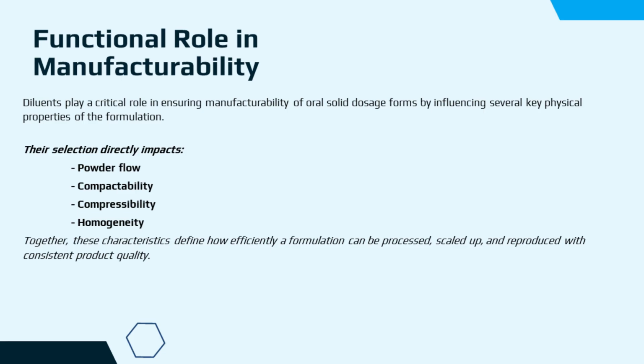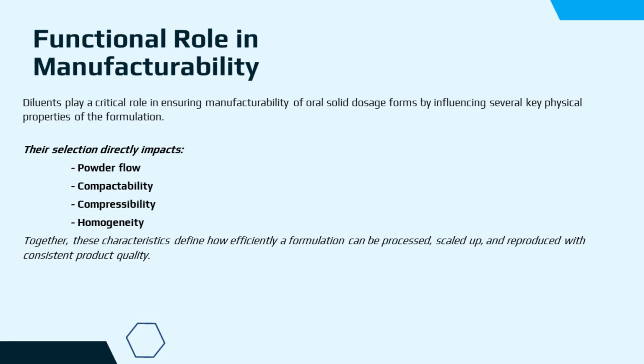Second, compactability. This defines the ability of a powder blend to form strong, cohesive tablets under compression force. Third, compressibility. It describes how the material densifies under pressure, directly impacting tablet hardness and mechanical strength. And finally, homogeneity. A well-chosen diluent promotes uniform distribution of the active ingredient, particularly by stabilizing the API within granules during processing. Collectively, these attributes determine how smoothly a formulation can be processed, scaled up, and reproduced while maintaining consistent